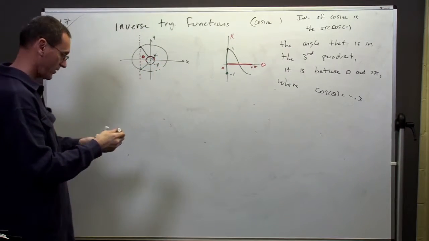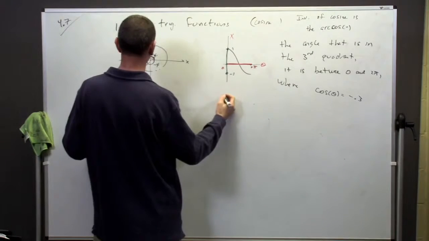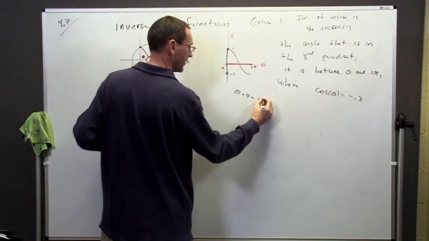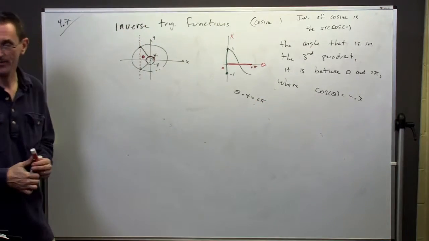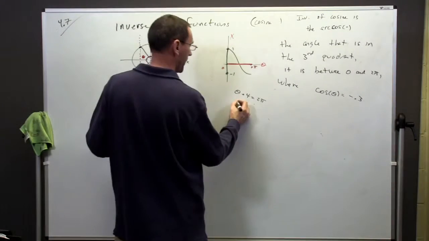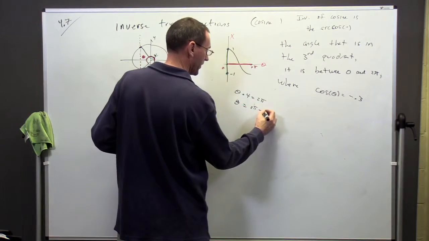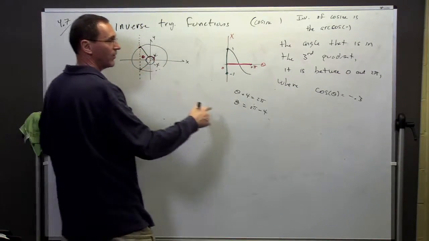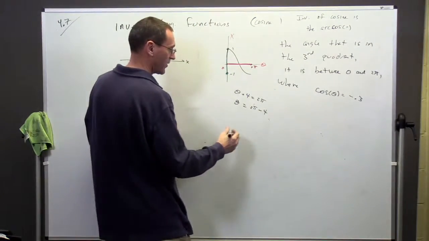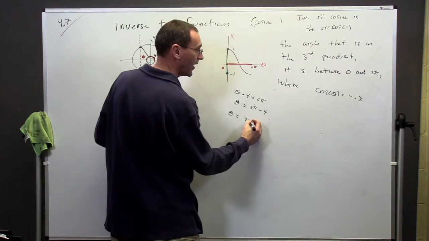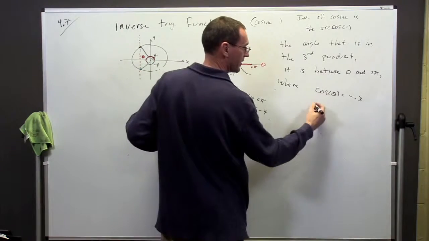The thing to notice is that if I take theta plus psi, I'm going to get 2 pi. All right? So theta then is going to be 2 pi minus psi. And psi is going to be the angle that I get from the arc cosine here. So let's see. This is going to be theta equals 2 pi minus,